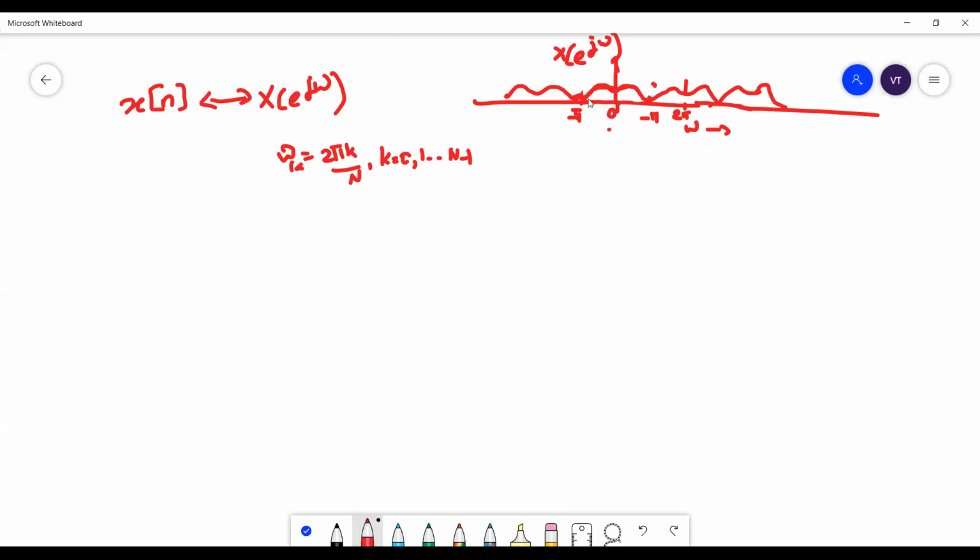So this is X of e power j omega, sampled at 2 pi k by N like this. This is understood? So now instead of omega, you have a variable k. So maybe I will call this X of k, and you see that X of k is periodic. So this we can represent as X tilde of k. If I sample X of e power j omega, I get a discrete spectrum which is periodic, because X of e power j omega is periodic.